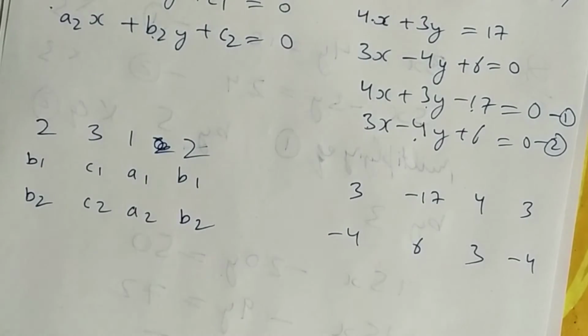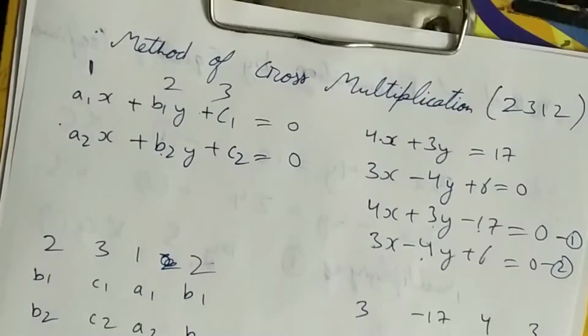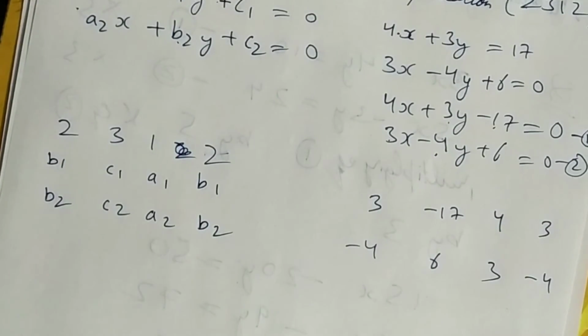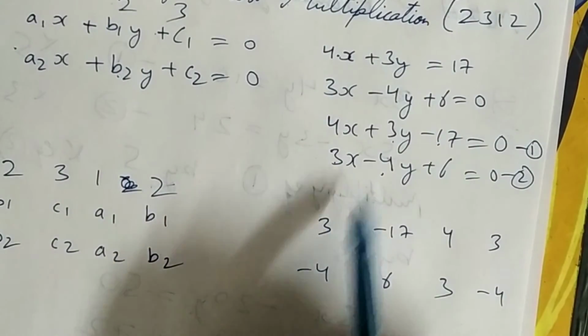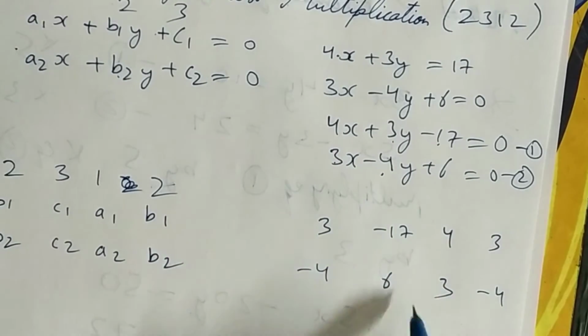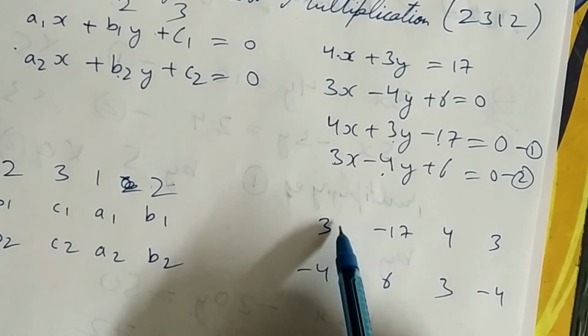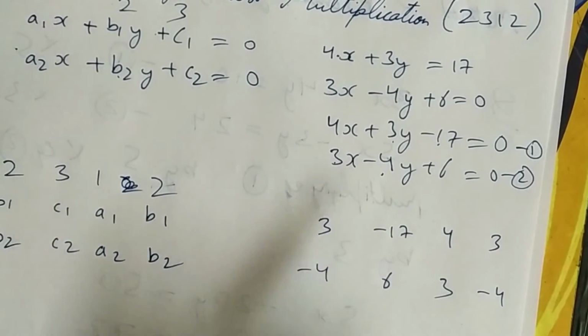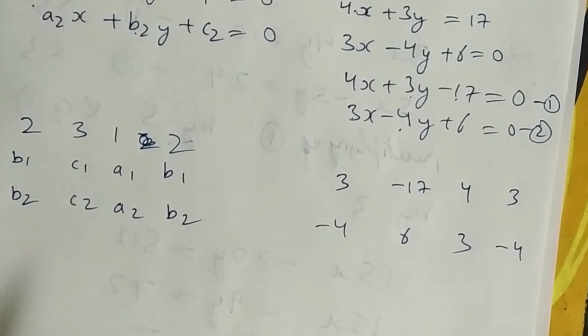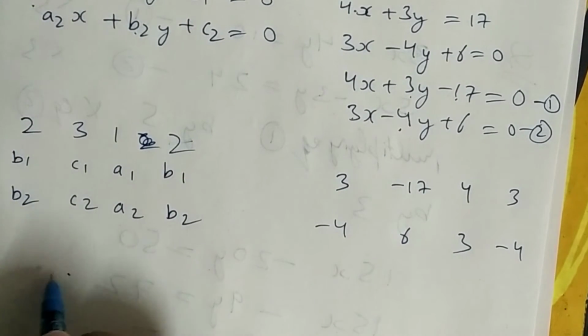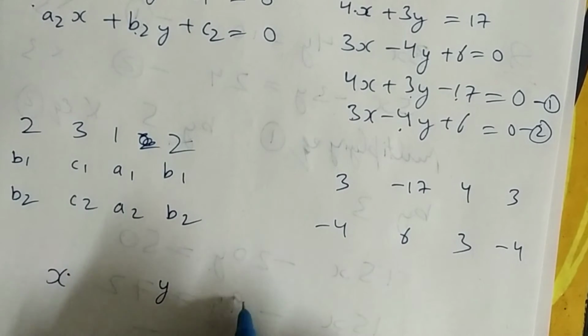So why do I call it the 2 3 1 2 method? This is 1 2 3. Just write the coefficients. Most of the students made a mistake: they also write y and x here. That is a mistake. You must not write any x or y here. No variable must be there. This is how we write it. Now the next step, just x, y and 1.